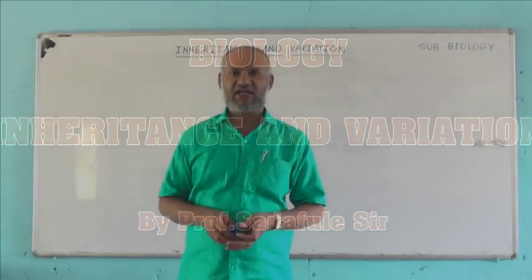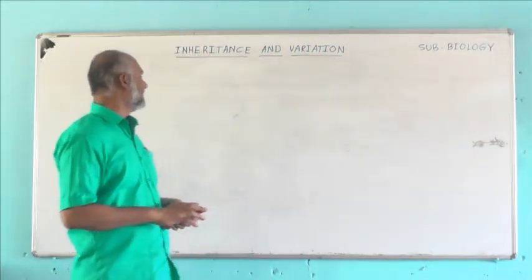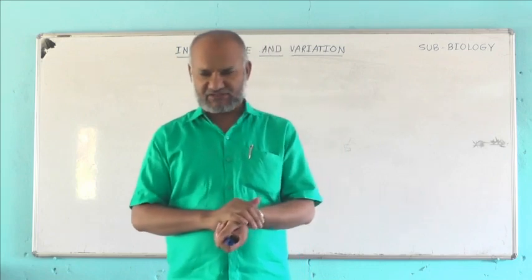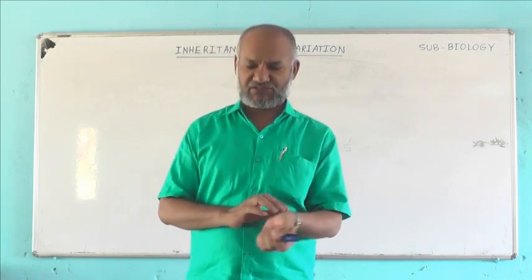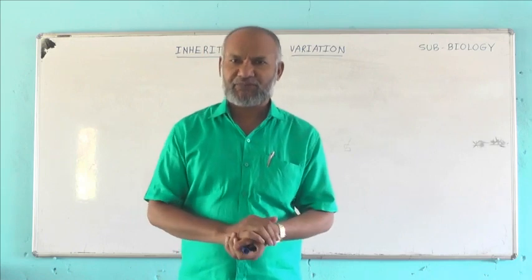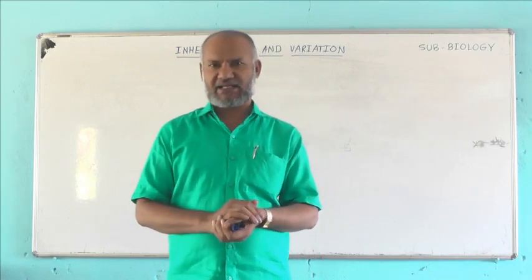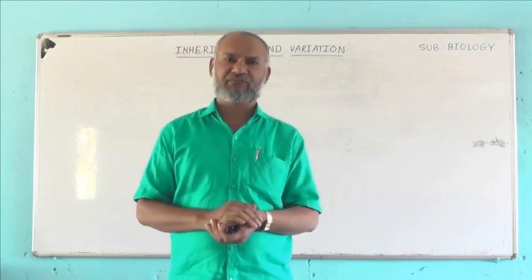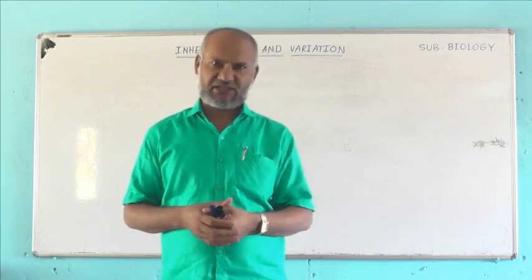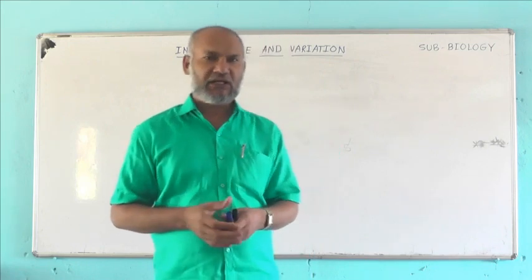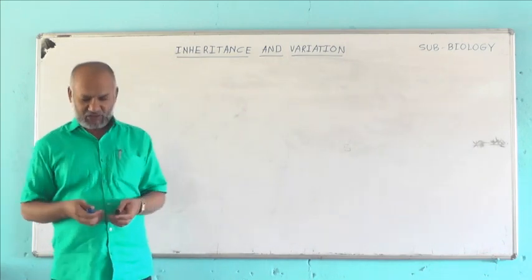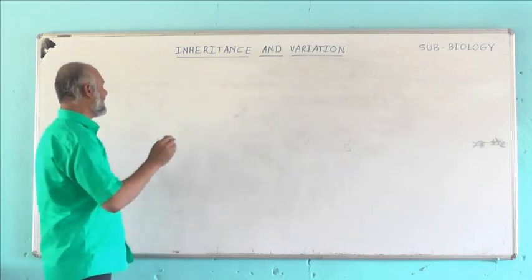Hi students, in the last few lectures we have studied inheritance and variation. We have studied the basics of genetics, the various terms used in the study of genetics, Mendel's work, the characteristics of the pea plant, and the crosses carried out by Mendel, that is monohybrid cross and dihybrid cross, and the laws derived from these crosses, that is law of dominance, law of segregation, and law of independent assortment. Today we have to study another important cross carried out by Mendel, and that cross is